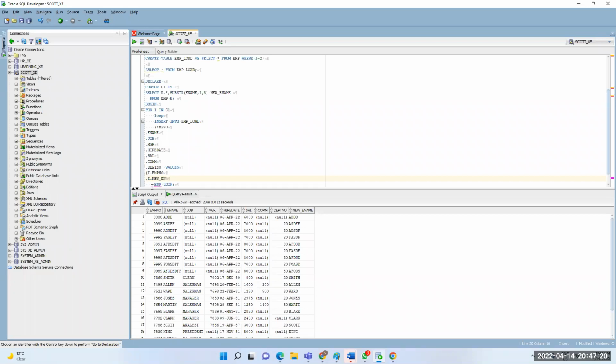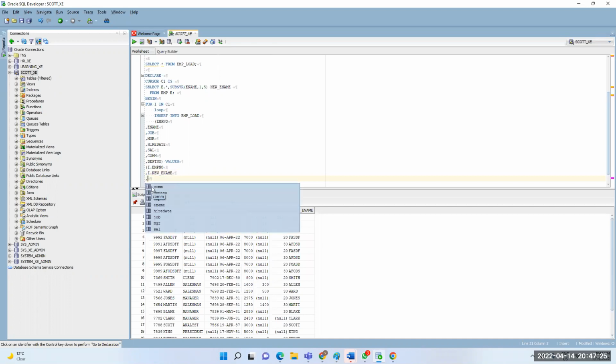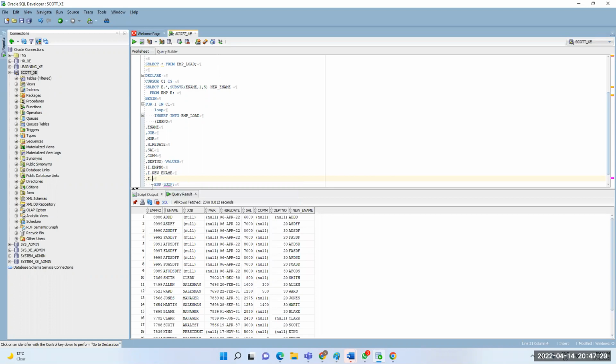Why am I inserting new underscore rename? Because you need only the 5 characters, it retrieves only 5 characters. Employee name I'm loading into 5 characters only. The rest of all I'm loading as is.